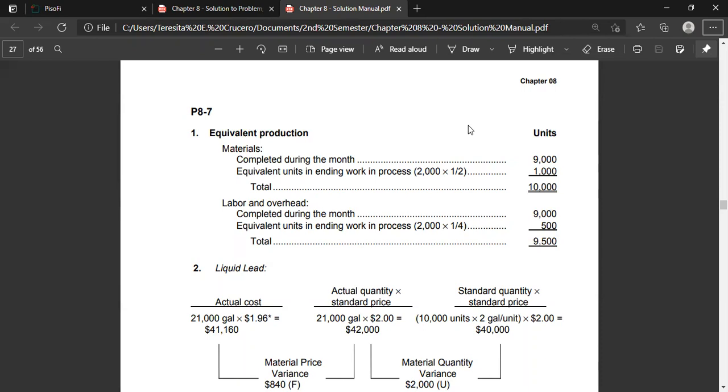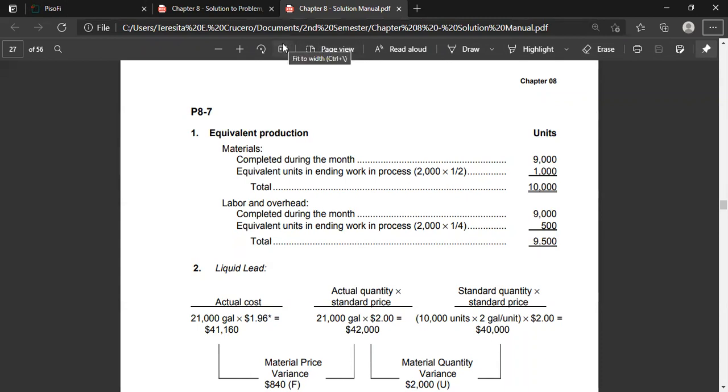Standard cost of materials per unit is $10. Then for labor, 1 unit requires 1 hour at $12, and factory overhead $1 per direct labor hour. The standard unit cost is